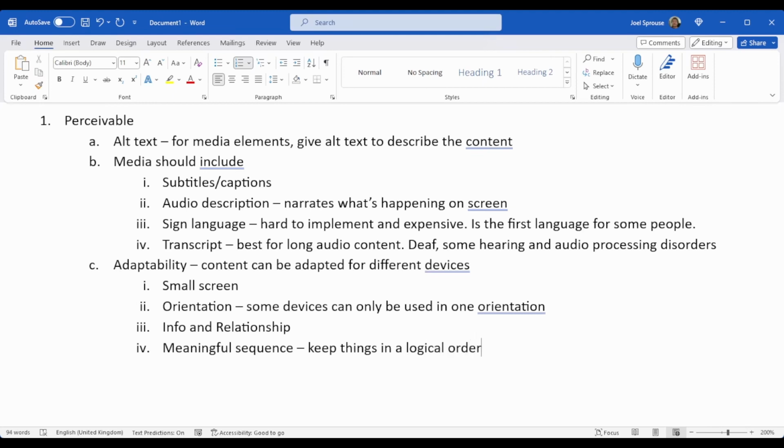It's also helpful for those who have learning disabilities. If you're moving your conversation around a lot, and bouncing around each topic, and there's no logical order, it can get quite hard to follow conversations like that. So it's a similar sort of thing with websites as well, or with software.